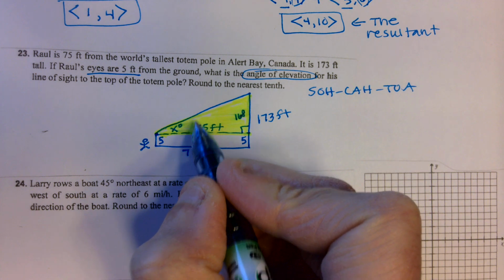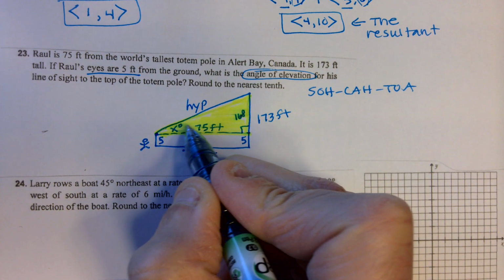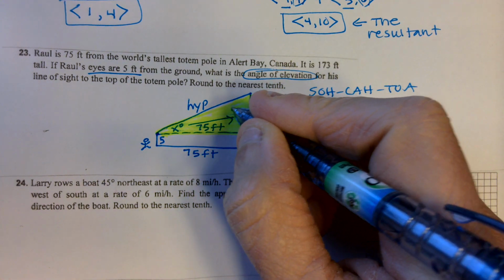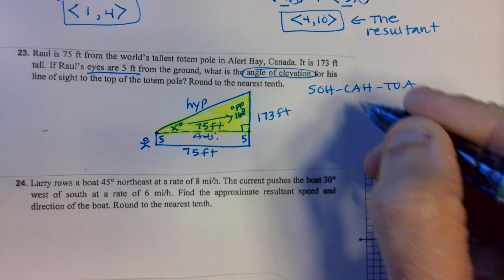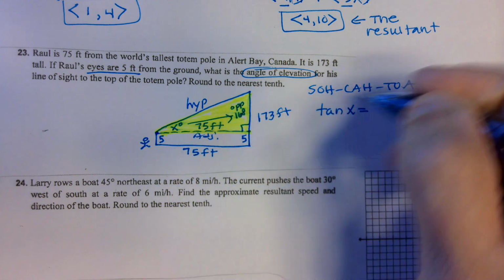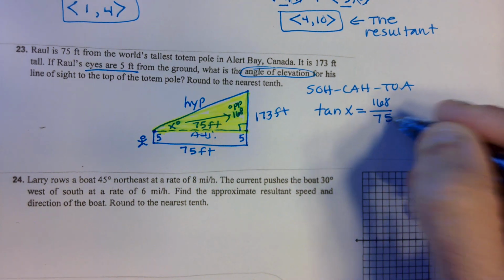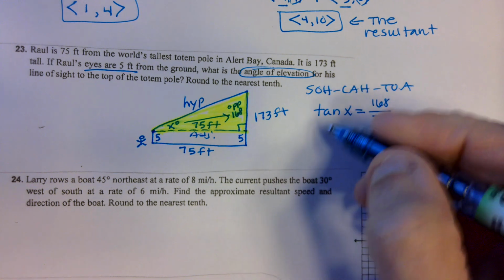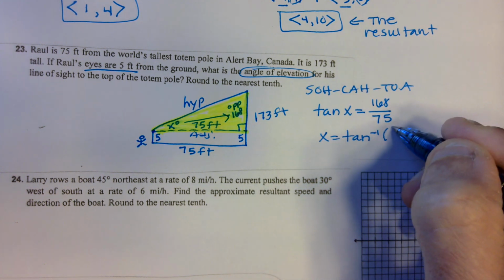But what do I have? Where's the hypotenuse? It's right here. And this is the opposite, and this is the adjacent. So I'm going to use tangent. So tangent of x is equal to the opposite, 168, over the adjacent, which is 75. Again, when I need the angle measure, I'm going to use the inverse of the